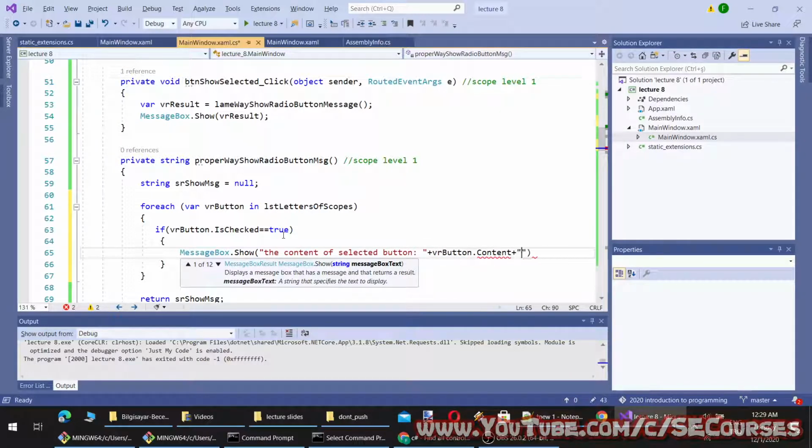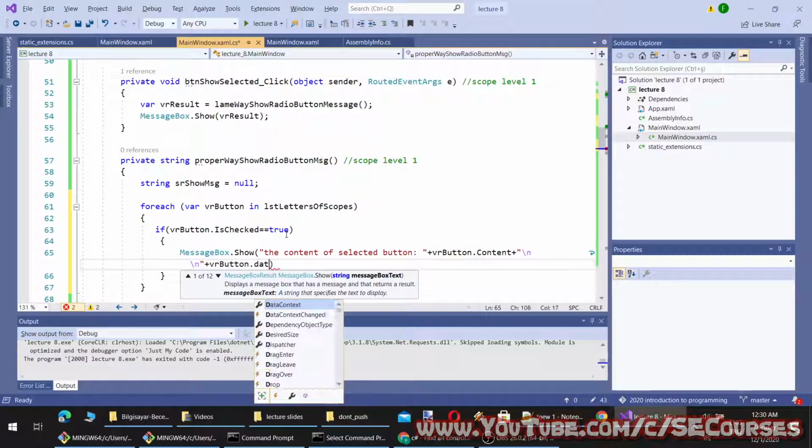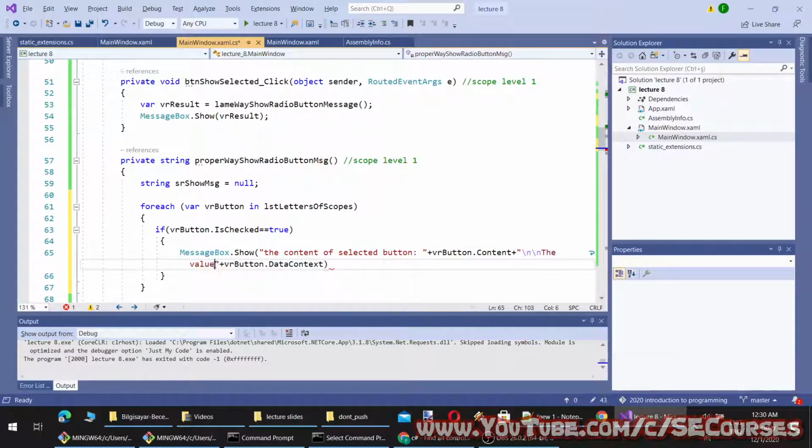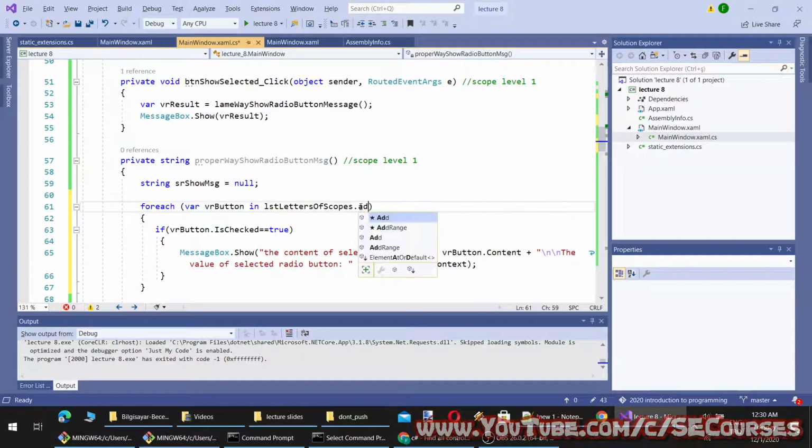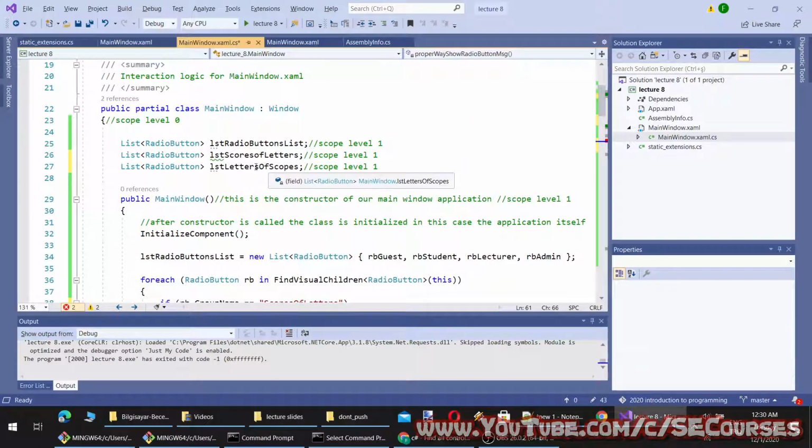Content plus data context. Let's name it, and I am going to use this as AddRange, and with AddRange I will add the other one as well.